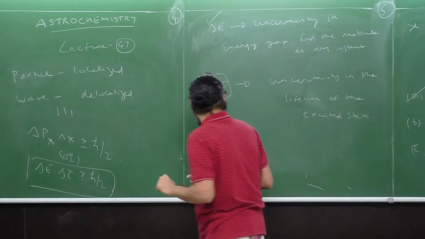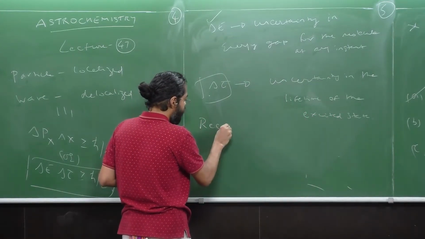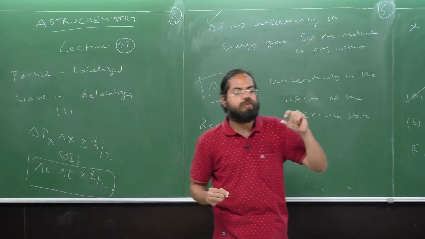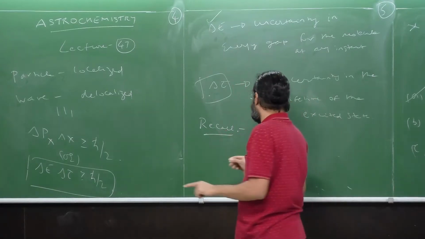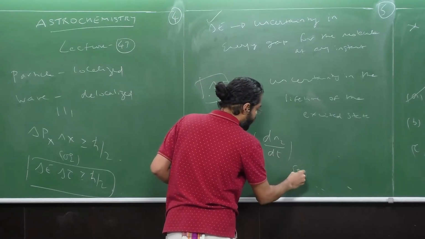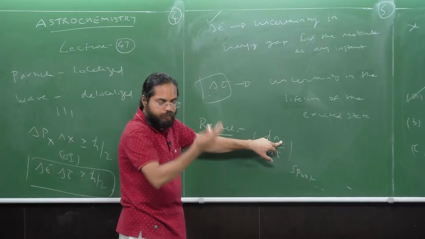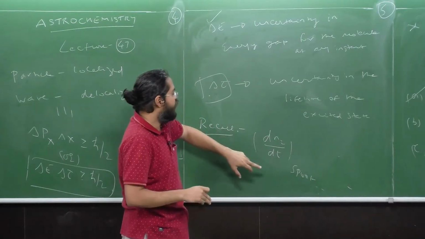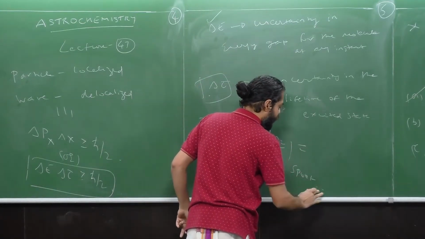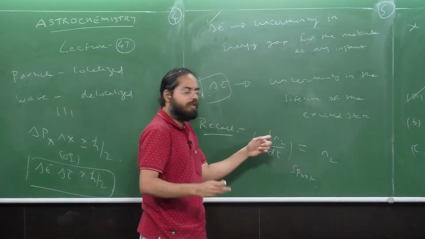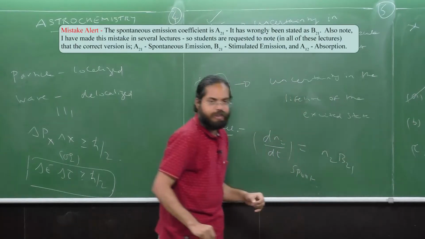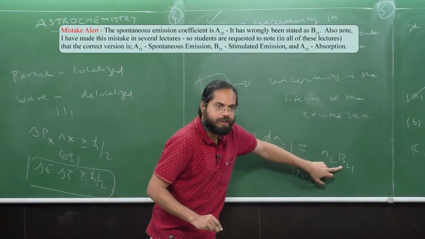If you consider our discussion of the Einstein coefficients, and if you consider the spontaneous emission term, I'm using the same notation, but 2 refers to the excited state, and n refers to the number of electrons. So that is given by the number of electrons in the excited state times B21, if I'm correct. That is the Einstein coefficient, correct? Okay.